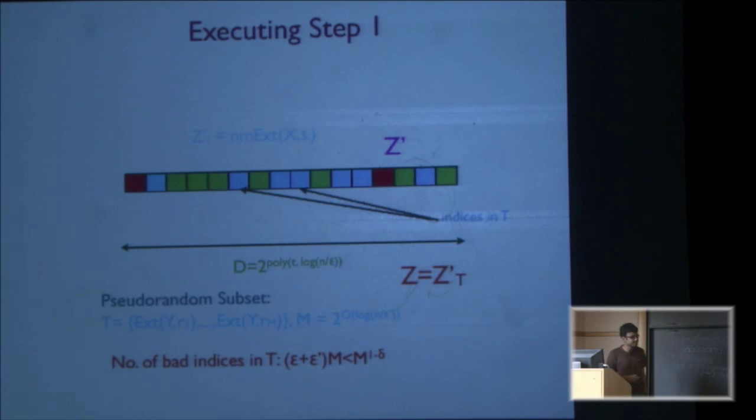This is the only use of the second source, just to compress. So it's a very benign use. It seems like an overkill. Yeah, exactly. Maybe you can do it with 1.5 sources. Our extractor is actually strong in the second source, because this is the only step where we use it. So for most choices of the strings of the second source, the output is uniform.